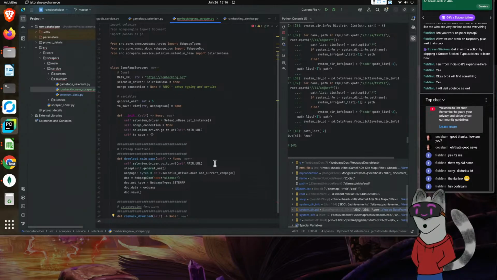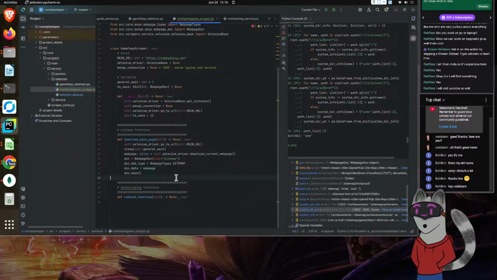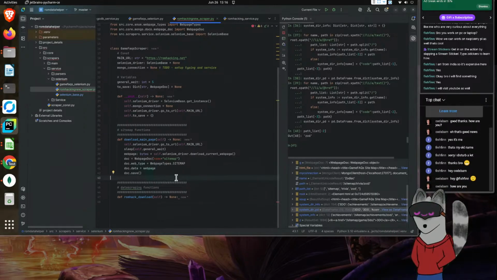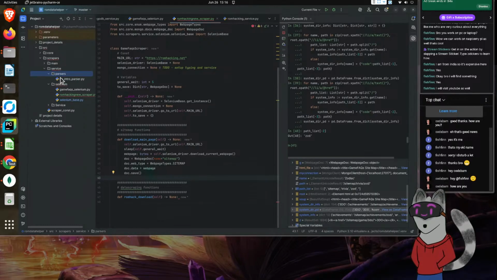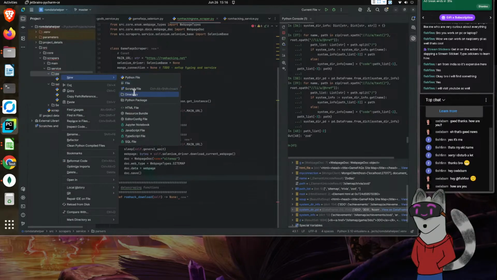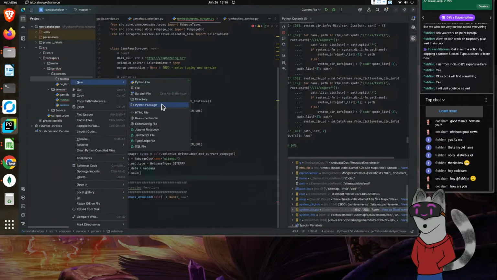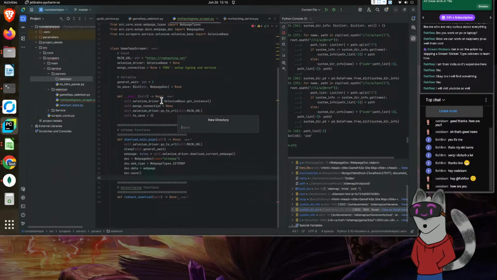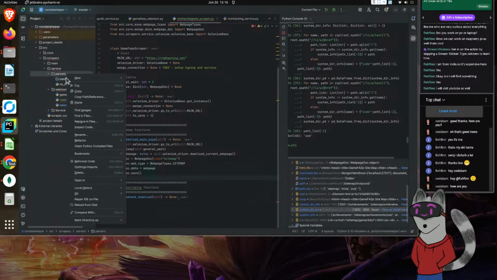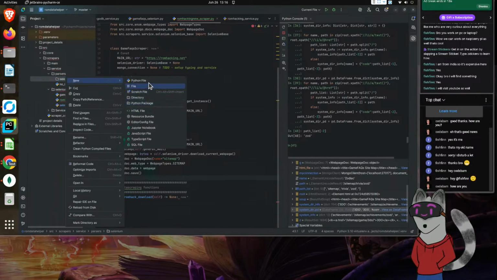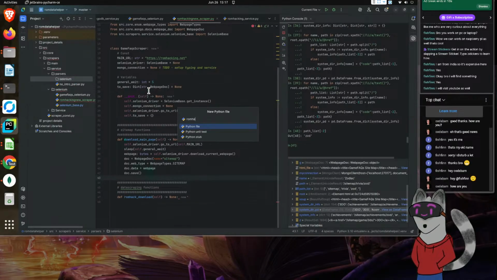So the idea here is that we download the main page, and this will have to go into the parser section. So we have a parser. All right, so this will be the parser. So for the Selenium, all right, and then in here we want another function. This will be ROM hacking net, and this will be ROM hacking net parser.